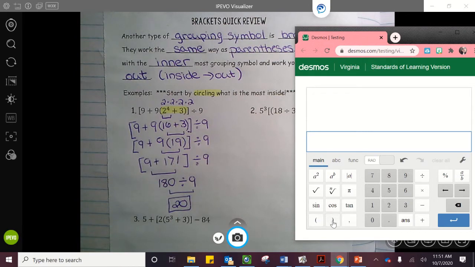Now there's no brackets or braces in the Desmos calculator, so you just end up having to use the parentheses multiple times. So I'm going to start my parentheses. I had 9 plus 9, then I had my parentheses. So this is just doing parentheses within parentheses instead of using brackets and braces. Then I had a to the b to do my exponent, 2 to the 4th power, plus 3, then I end my parentheses, ending the bracket, which is my second set of parentheses, divide by 9,